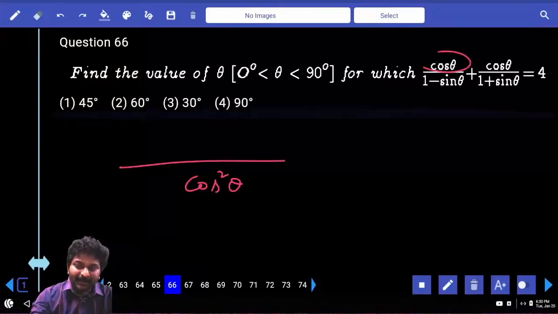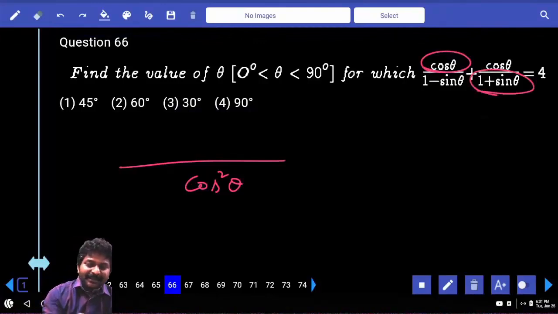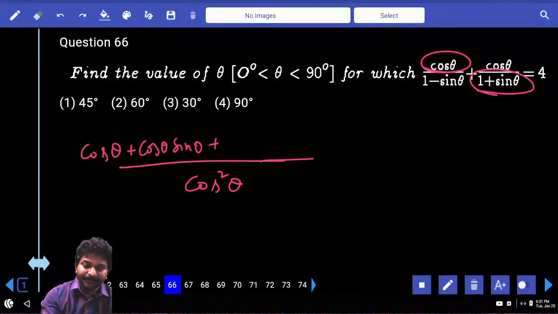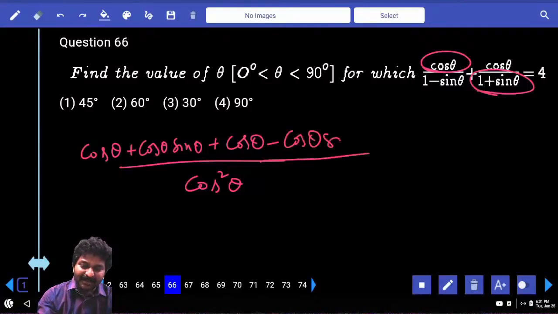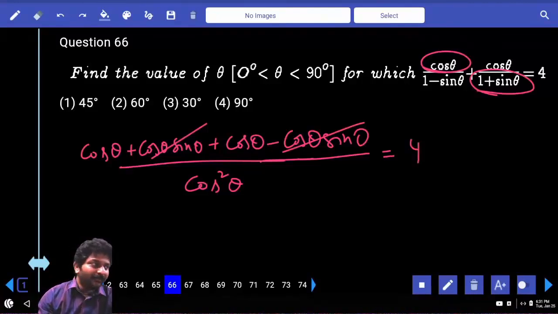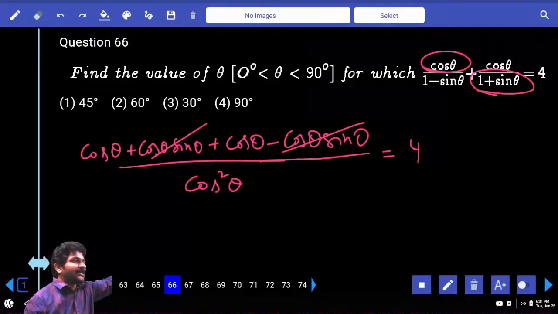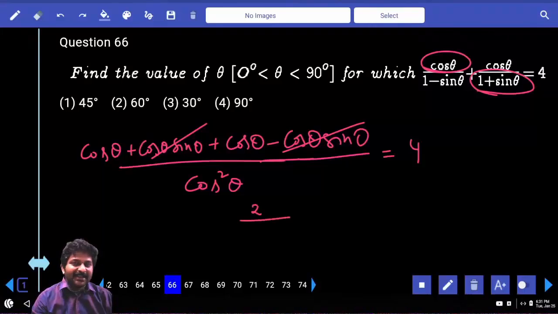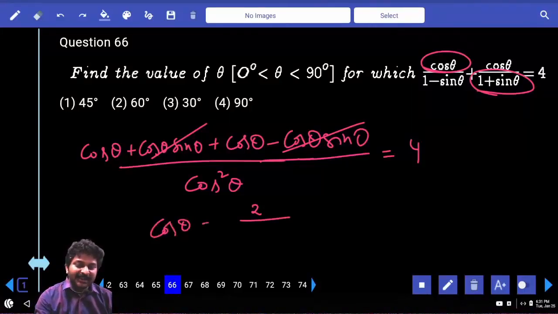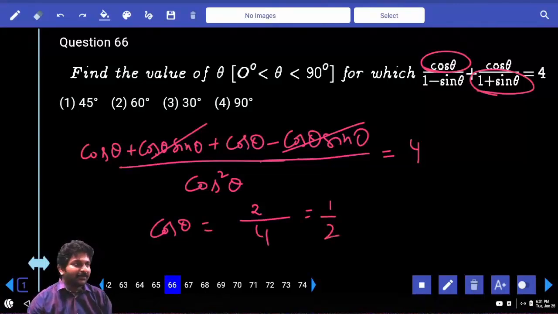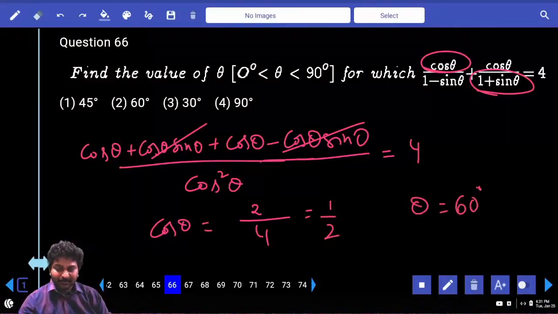Cos theta into 1 plus sin theta, that is cos theta plus sin theta cos theta, plus cos theta minus sin theta cos theta. Already plus has come, so they cancel, which is equal to 4. In numerator we have 2 cos theta by cos square theta. Cos theta can be cancelled. 2 by cos theta is equal to 4. Cos theta is equal to 2 by 4, which is equal to 1 by 2. Then theta is equal to